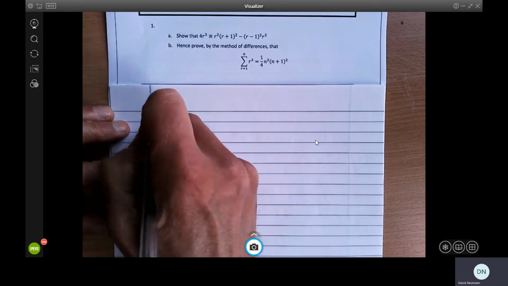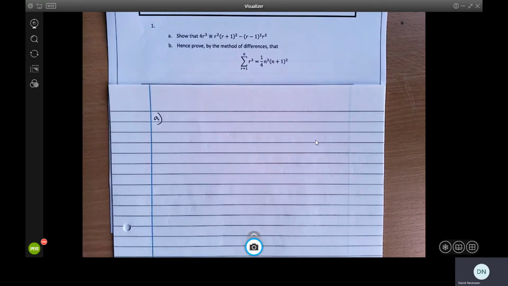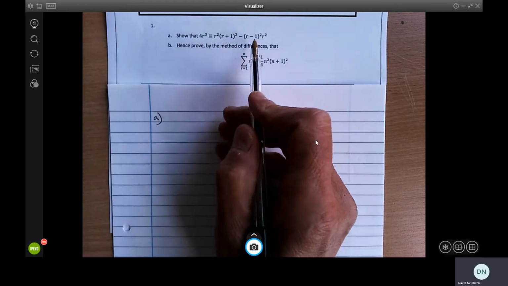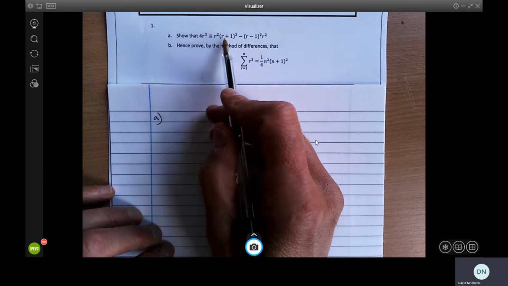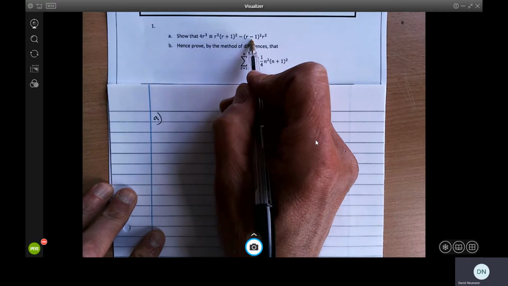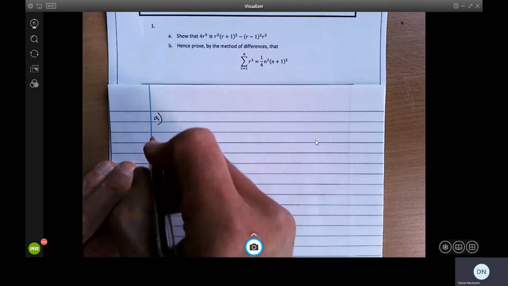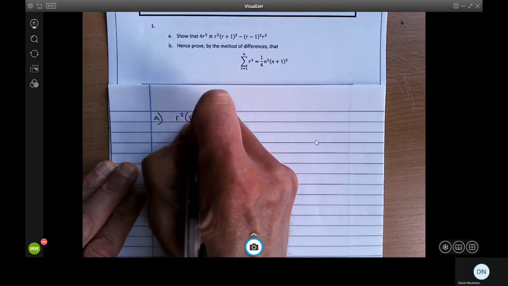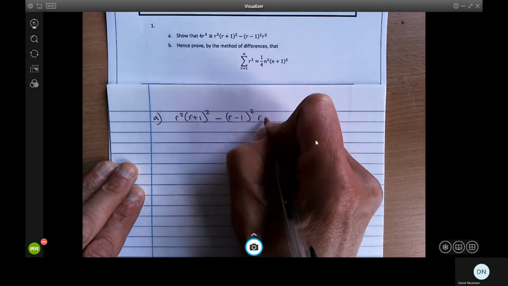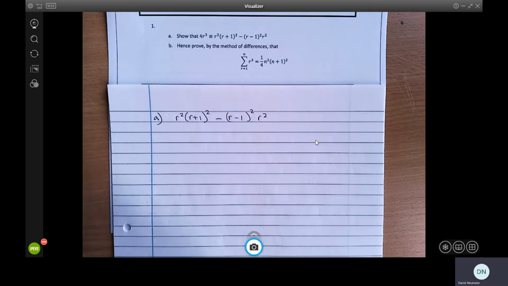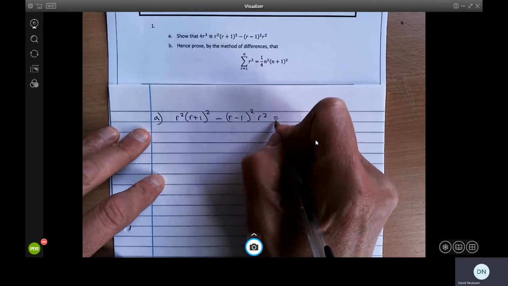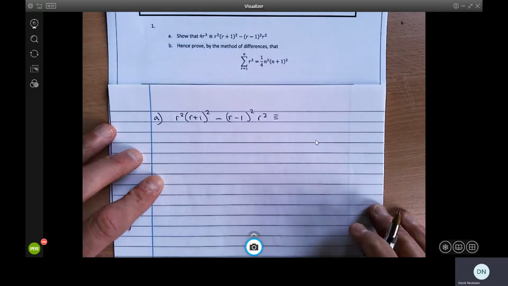So first of all, we've been asked to show that 4r cubed, we can write it in this form. This is something where really it's going to be more straightforward to take the right-hand side and work back to the left-hand side. So the right-hand side there, I've written it out. That's equal to, or identical to, we should really use an identity sign here,